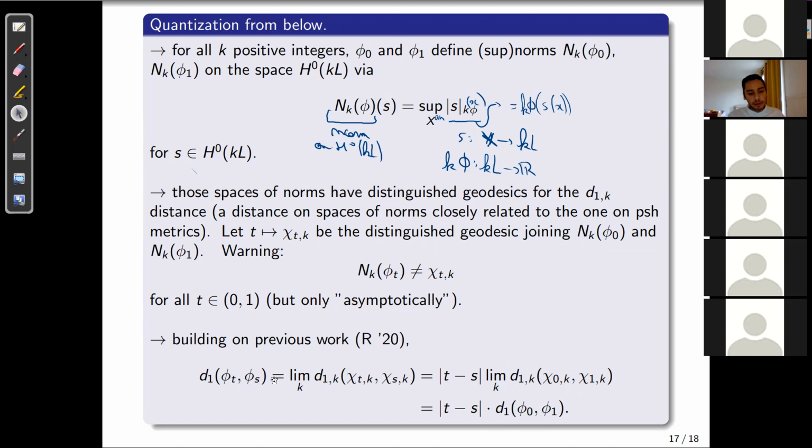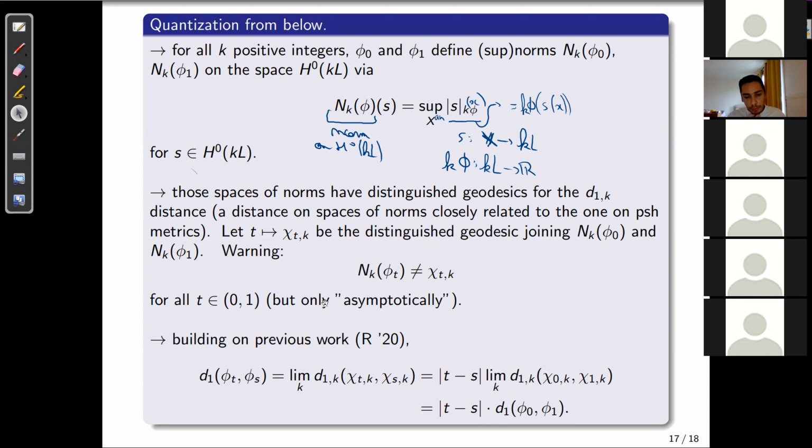So you take s and t in [0, 1]. You realize them as the distance of the limit of the d_1^k distances between the geodesics in degree k at time t and s, between the subnorms associated to phi 0 and phi 1. You use the geodesic equation, which then says that this is equal to absolute value of t minus s times the distance between the endpoints, which are psi 0 k, psi 1 k,